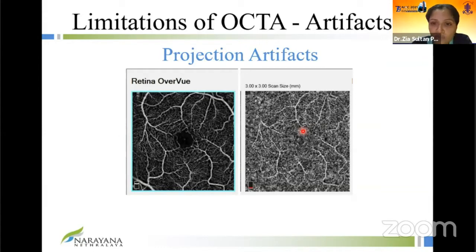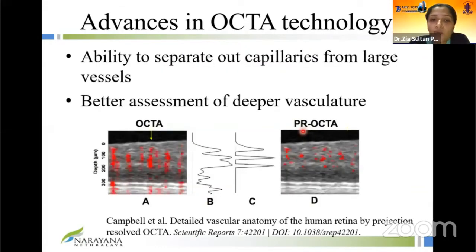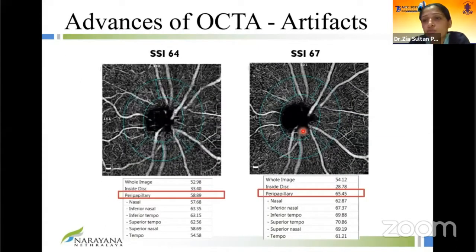And nowadays, because we've identified this, there are people who've done work on removing the projection artifacts. It's called projection-resolved OCTA, and this is currently being developed. Another advance they've made is separating the capillaries from the large vessels. Once you do that, again, the problem with projection artifacts becomes less. The other advance in reducing artifacts is that they've improved the scan time and things like that. So we now have high density OCTA. The image on the left is what we used to use in 2015-16. Since 2017-18 onwards, we get images as good as the one on the right. So you can definitely see that there's improvement in the technology.